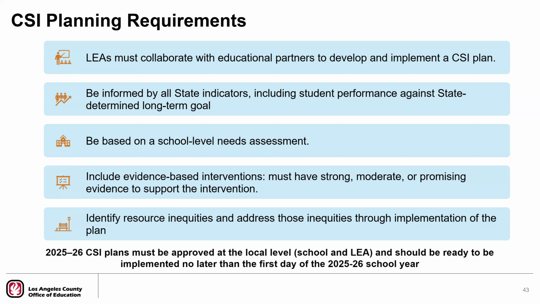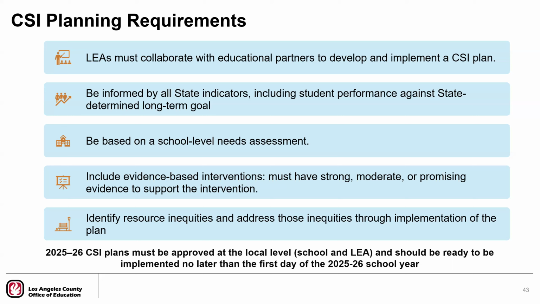To do this, you want to start with the California School Dashboard to see why your school is eligible for CSI. Use it to identify key indicators, analyze trends, and prioritize focus areas for the CSI plan. The CSI plan must be based on a school-level needs assessment, so conduct a needs assessment for each CSI site, review the data and the needs of the school to assess the reasons why the school became eligible for CSI. The needs assessment may include a review of quantitative and qualitative data analysis, such as empathy interviews and observations. The needs assessment should eventually lead to a root cause analysis to help determine the underlying causes that led to